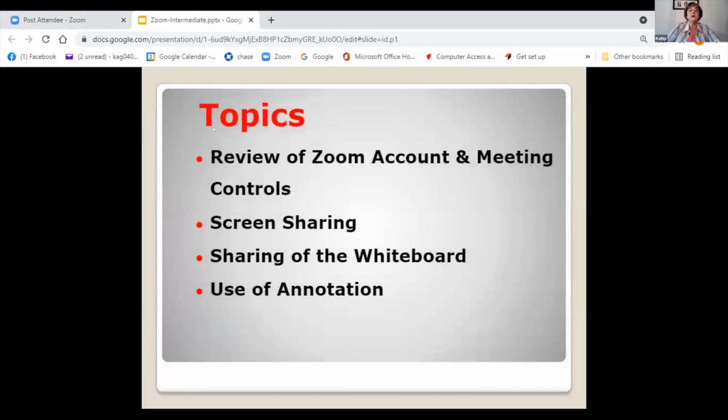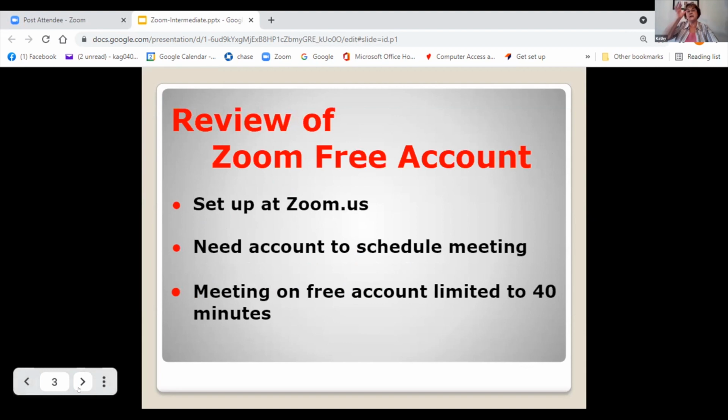Okay, there we go. So as I said, today what we're going to talk about mainly is a little bit of the Zoom account, a little bit of meeting controls, and then we're going to talk a lot about screen sharing and sharing of the whiteboard, and talk about using annotation while sharing. And these are things that you can use no matter what kind of meeting or what kind of scenario you're using Zoom for, okay? So the first thing we wanted to review is